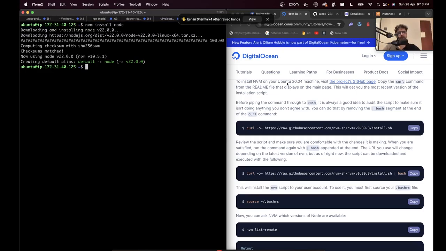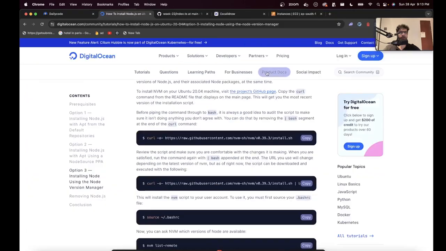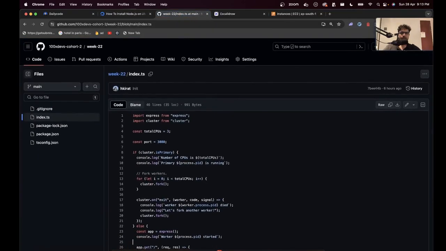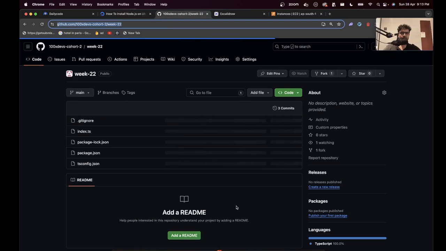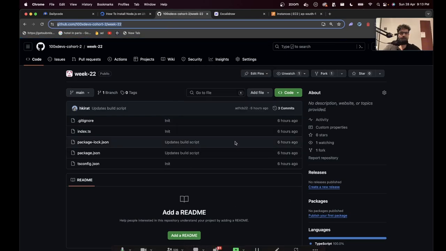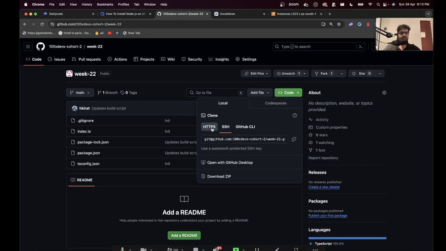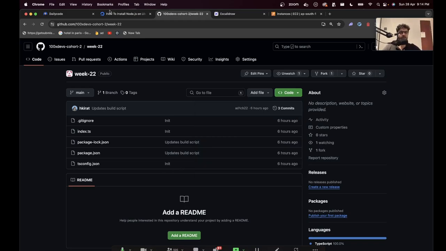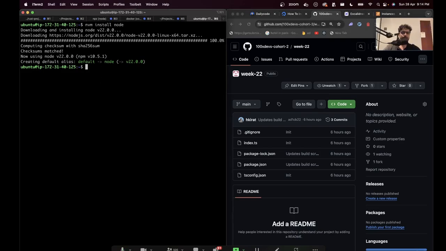What was the next step? Cloning your repository on this machine. That should be straightforward. Go to the repository. Happy to link it in the chat as well. And then just quickly clone it on the machine. Make sure you select HTTPS over here and not SSH. Copy this URL to the repository, or just copy this as well, that will work. And then run the command git clone,